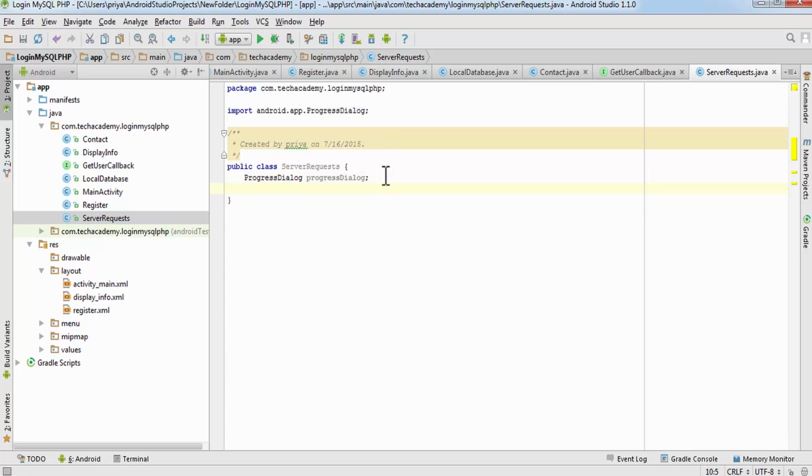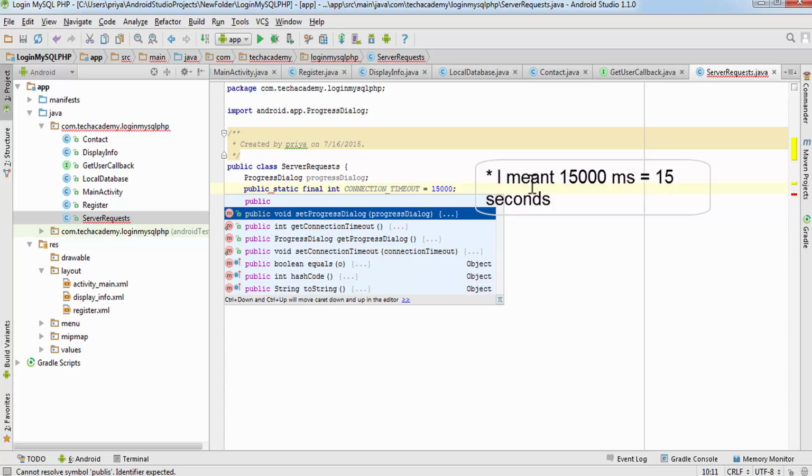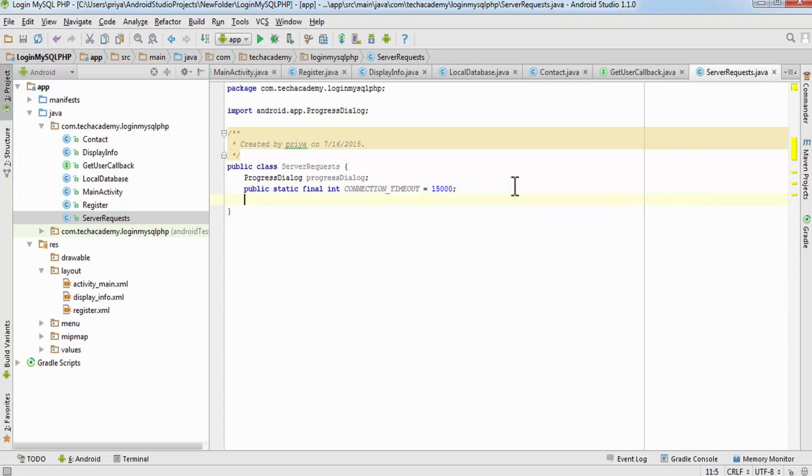Now write public static final int. I'm creating two constant variables, connection timeout, and make it 15,000. So that's 15,000 milliseconds. So we will wait for the server to process for 15 seconds, and then it will time out. And public static final